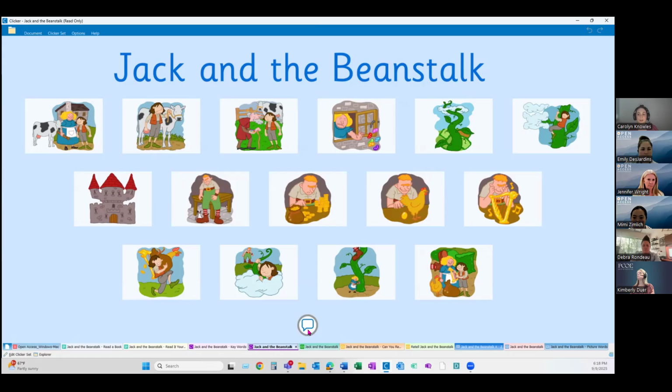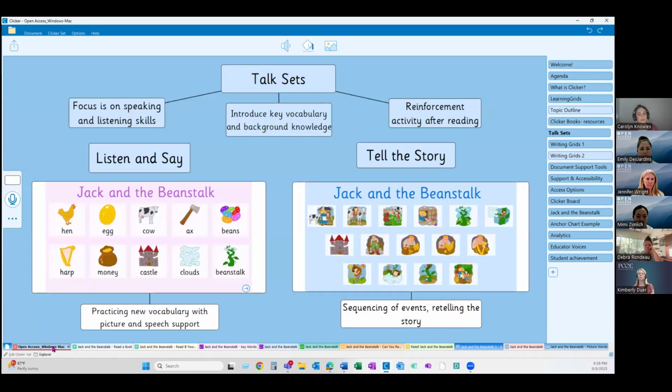And what's nice about the Tell the Stories is that as students record all the way through, this master button here will splice them together into chronological order. So if they're recording out of order, if we know the third picture or the ninth picture or something, this front page will record all of them in correct order. Really great for retelling. And I find the Tell the Story ones are really popular, especially when we are reinforcing what we've read before we move on to writing.